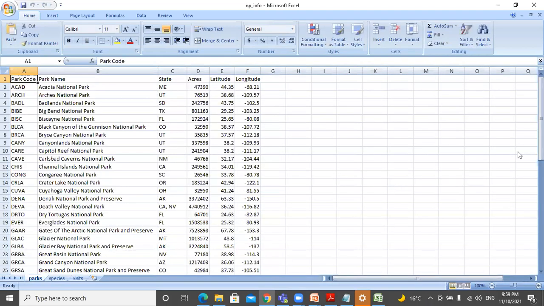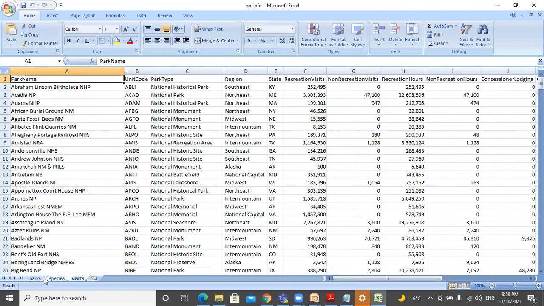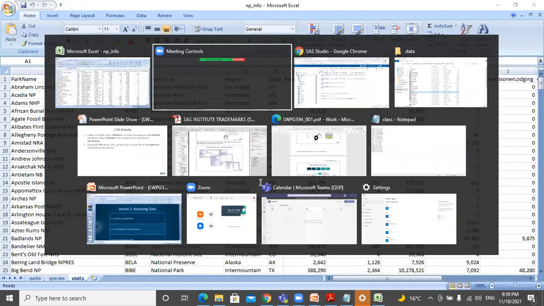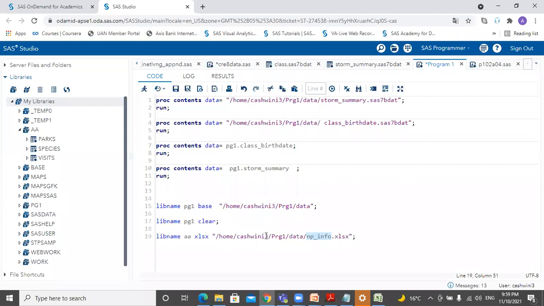So it's a whole Excel workbook. Within this Excel, you have various sheets: parks, species, visits. These various Excel sheets in SAS, when you access the whole thing as an Excel workbook, as a library, are seen as individual tables.